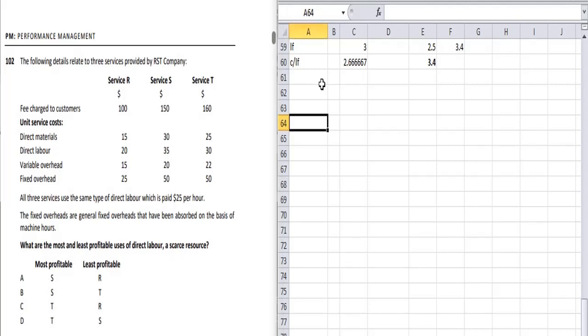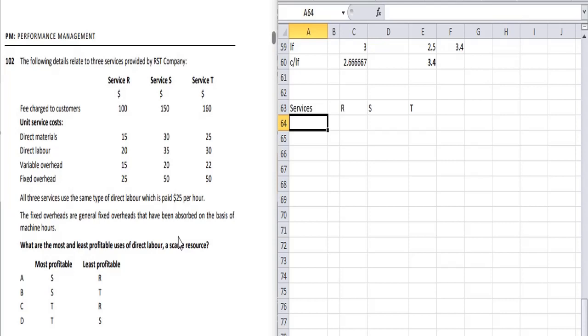So the following details relate to the three services provided by RST company, and so the services they are providing are R, S and T, and the fee charged to customer is 100, 150 and 160. It means it's a selling price, and unit service cost is given including variable and fixed cost. All these services use the same type of labor which is paid 25 per hour. It's the rate given, and fixed overhead are generally fixed overhead that have been absorbed on the basis of a